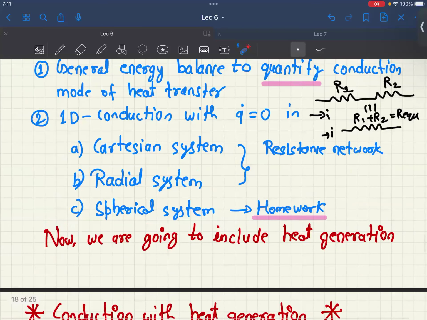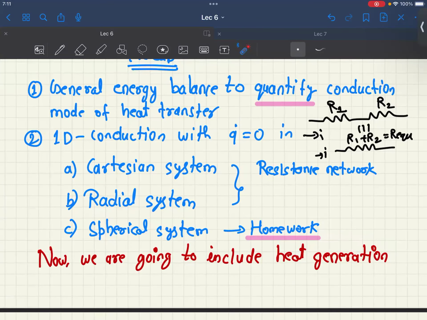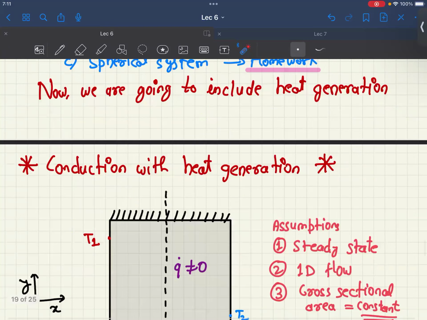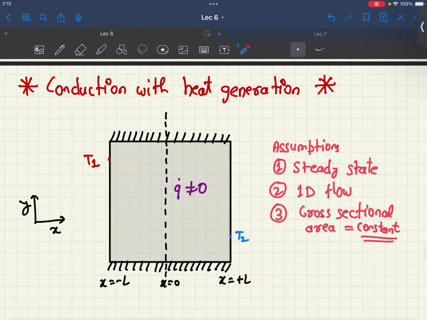In the upcoming classes, what we are going to cover: the limitation which we have studied till now was that the volumetric rate of heat generation was equal to 0. So here we are going to relax this condition, and we are going to see how we can quantify heat transfer in systems where this volumetric rate of heat generation is not 0. Okay. So now the first system which we are going to consider is conduction with heat generation inside a rectangular